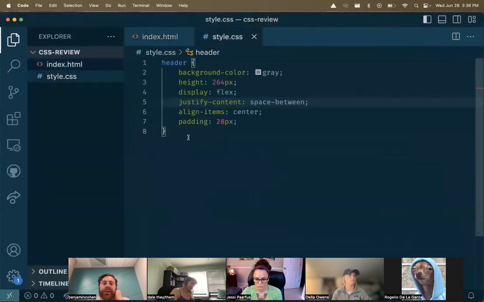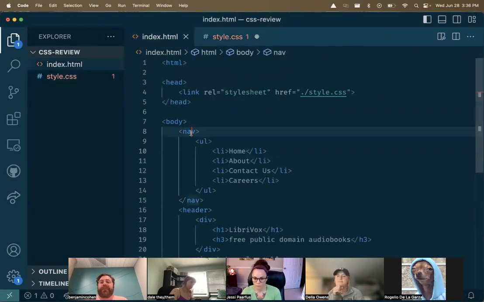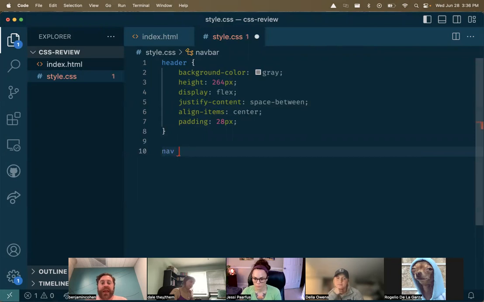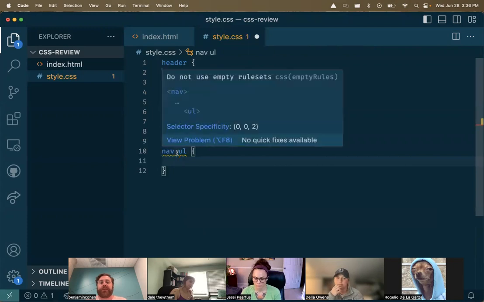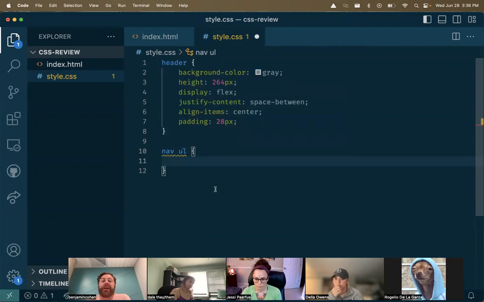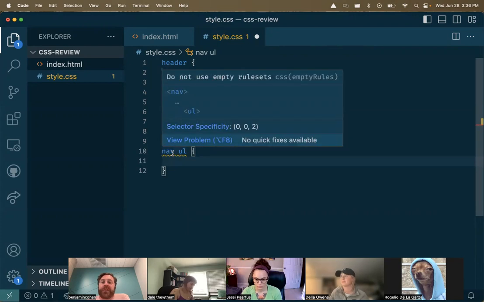I'll come back to my style.css, and I have the navbar, right? But I actually don't want to target the nav. I want to target the UL in the nav. So I say nav space UL, and you can always just give things names because then it's easier. This is going to apply to every UL in every nav. And what does that mean? I'm not going to have another one, but if I did, do I want it to apply to both of them? Maybe not. This is another good thing in Visual Studio Code. If you hover over this, it's complaining right now because I haven't put anything in this rule set, but actually it's telling me that what I said here is a nav, and then at any level, it has a child called a UL,